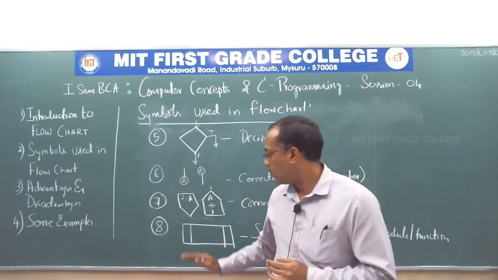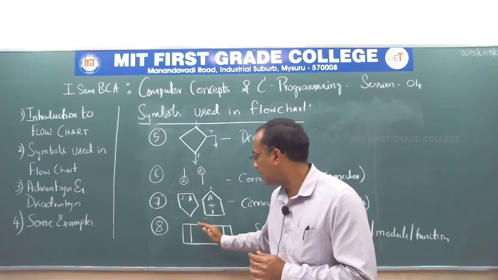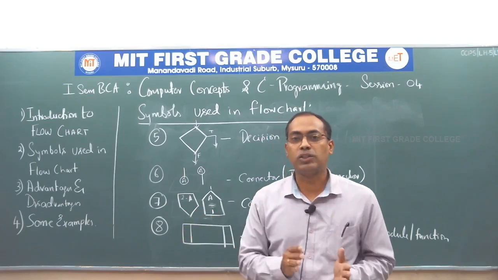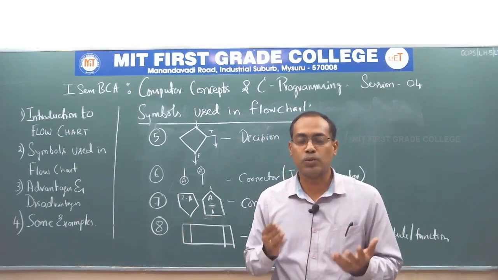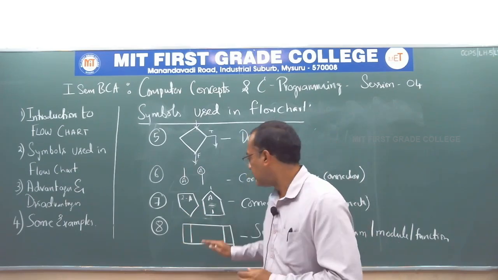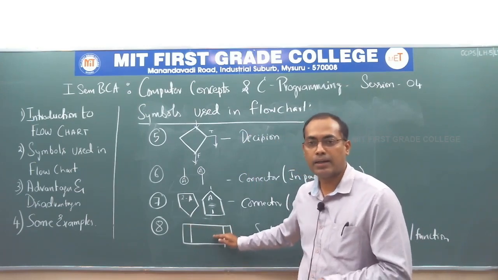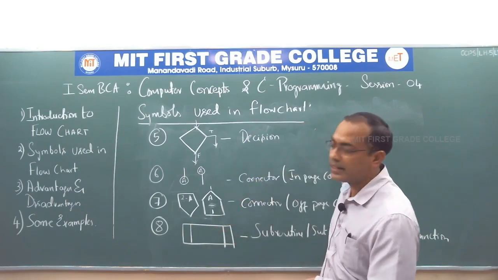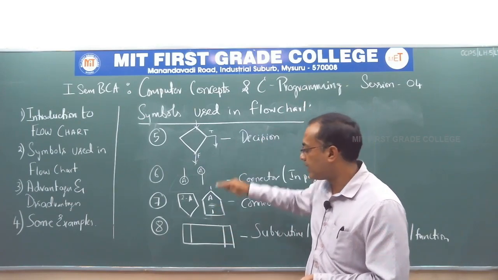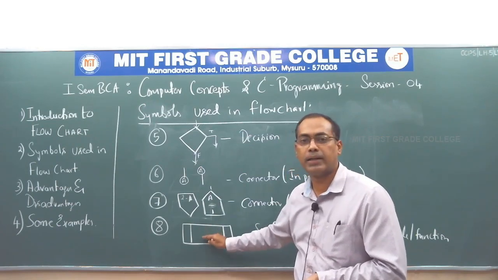What the basic activity of this function is, is that it computes and gets back the result, which means that a function is nothing but a set of instructions to do a particular task. Suppose you have written a function to compute the square root of a number. Here you are going to write down just the name of the function and pass the input. This function will be written in a separate flowchart. That flowchart will have the steps to compute the square root, and then ultimately it will substitute the result in this particular place.